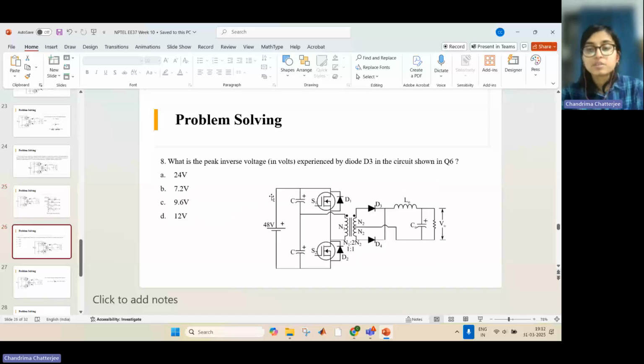What is the next problem? The next problem is, find out the peak inverse voltage experienced by diode D3 in the circuit shown in question number 6. So the same circuit is here. They have asked the peak inverse voltage of diode D3. Okay. So again we can find out. So here this is a center tapped configuration. So the diode has to